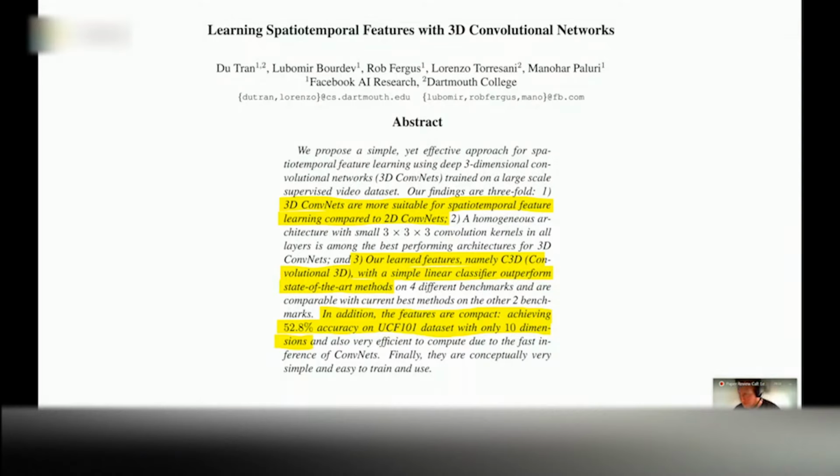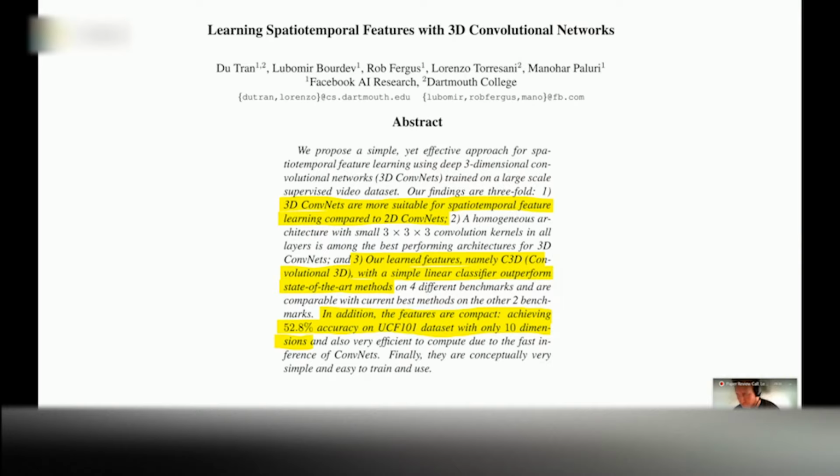Performance-wise, we need to be very, very efficient. And that's why they wanted to come up with a simple video descriptor, a features extractor network that will perform very fast and will be compact and uniform. And once pre-trained on a big enough data set, you will be able to apply it to any other data